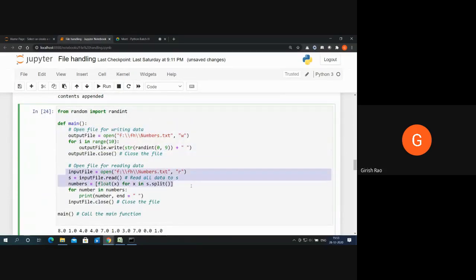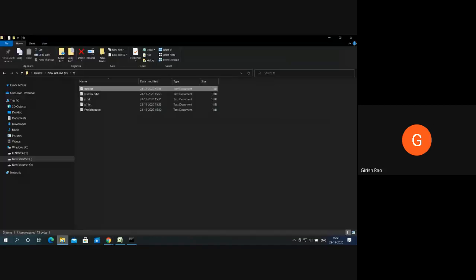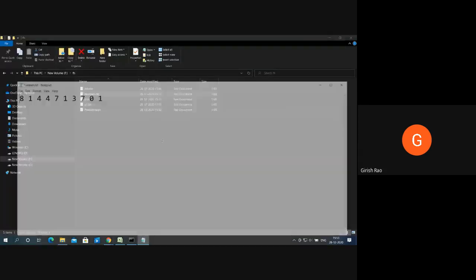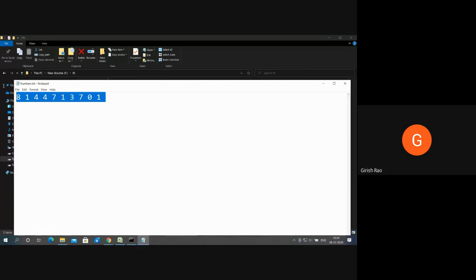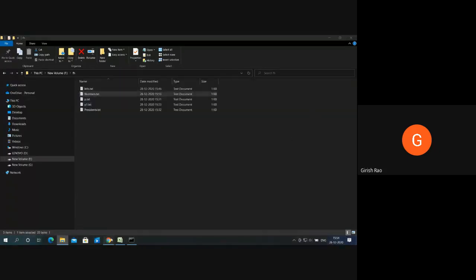Second, reading the random integers from the file using the concept that there is a space, so I use split. If I'm writing an integer, can I convert it into float? Yes. And display the contents and then close the file. Let's actually see what is written in numbers.txt. If you see number.txt, it has written these particular integers.